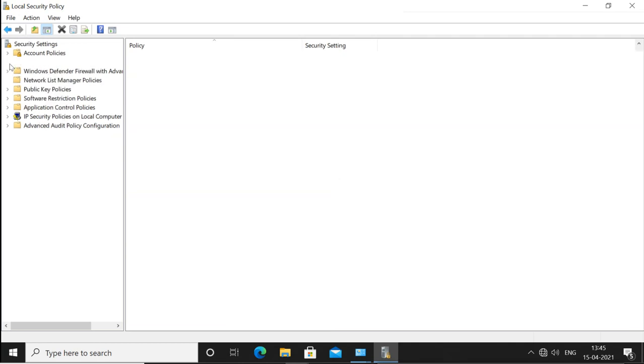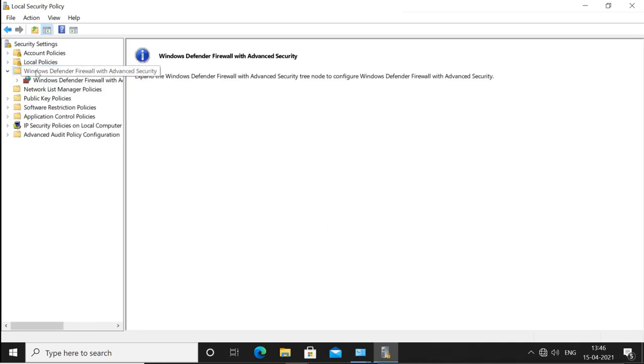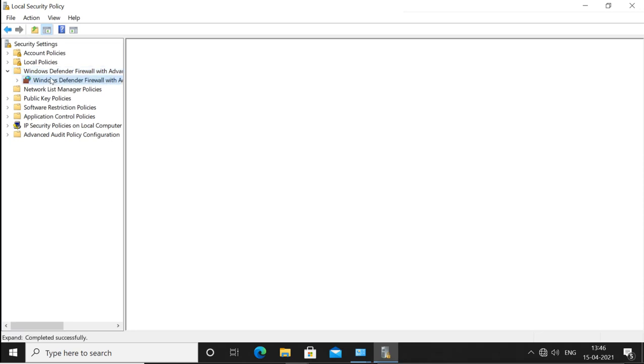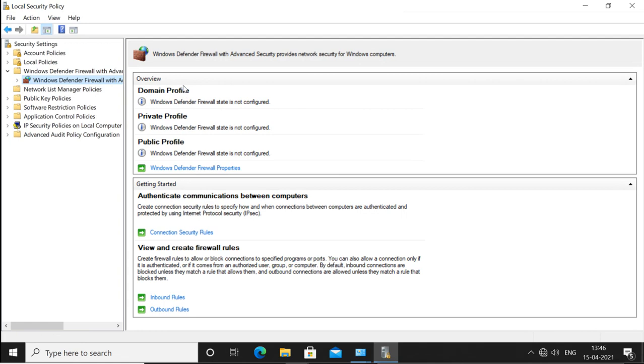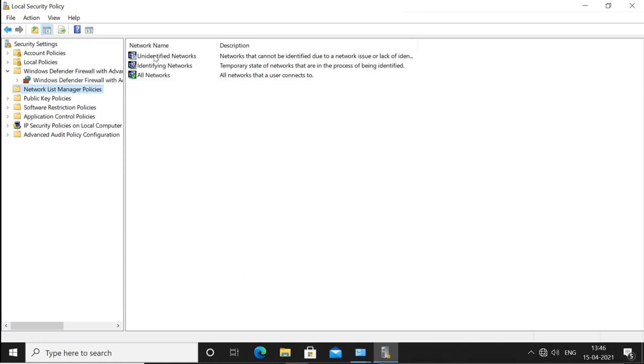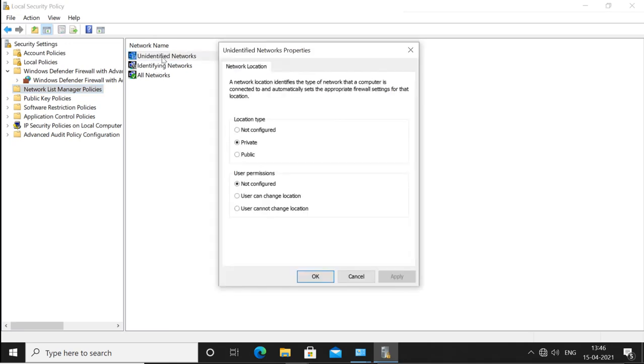Then you have the Windows Defender firewall policies. These are firewall policies. It is actually how you will manage the firewall. Then we have these network policies, where we can define the networks, whether the networks are private or public, and what to do with identified and unidentified networks, whether you want to set them to private or public.